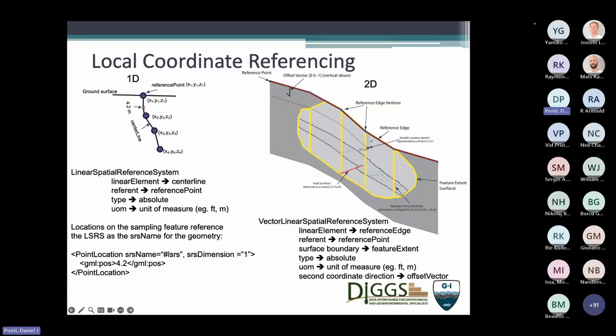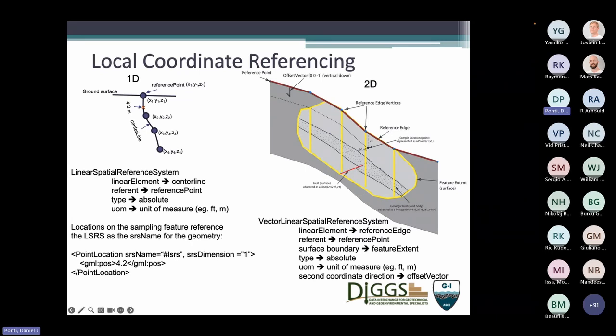We have a reference point. We have a reference edge, which is essentially equivalent to the center line. That's the red line in this diagram. And then we have a polygon, or a series of surfaces, or series of polygons like we would here, that defines the extent of the actual feature in two-dimensional space. And then we can define things within it, either as polygons or lines or points, like the fault or a sample location or that geologic unit that's pointed out there.